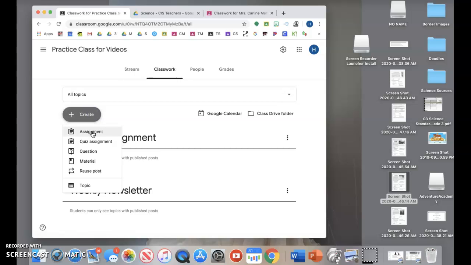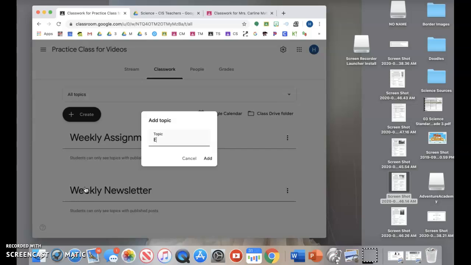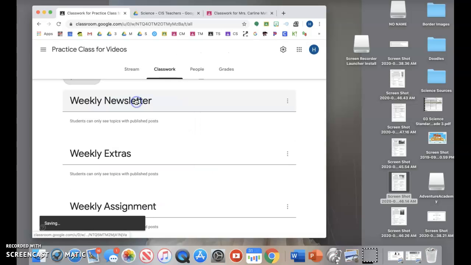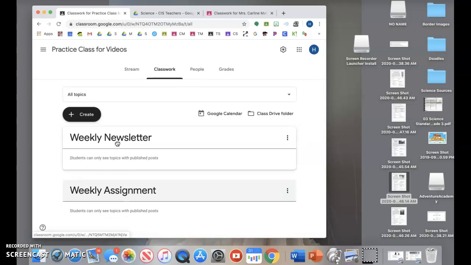And then I might want to do weekly extras, so maybe some videos or some Brain Pops or some Kahoots or Boom Cards, and I can show y'all how to do all of that separately. If you want this in a different order, you can just drag it around, so something like this would be better. So, for example, I have not typed on the newsletter yet, but just to show you how you would